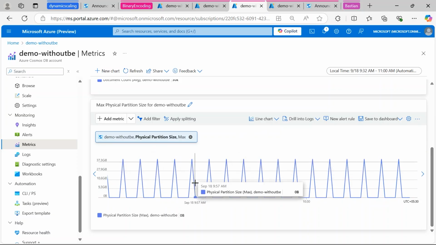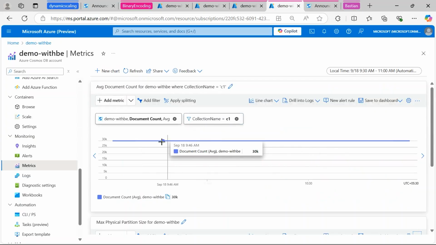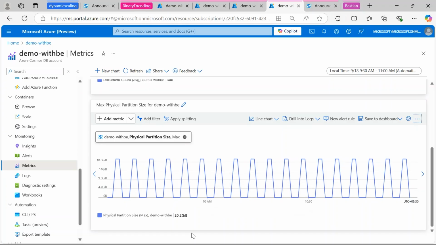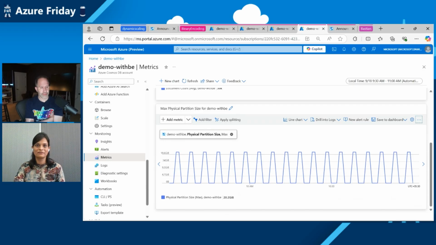Looking at the same data set on a binary encoded container, you can see that I have 30K documents again, but the storage here is 20 gigabytes. So we can see a 50% compression in the storage because binary encoding is enabled.